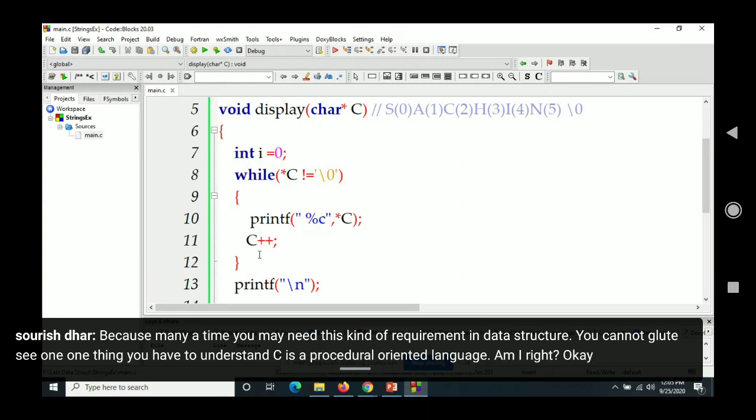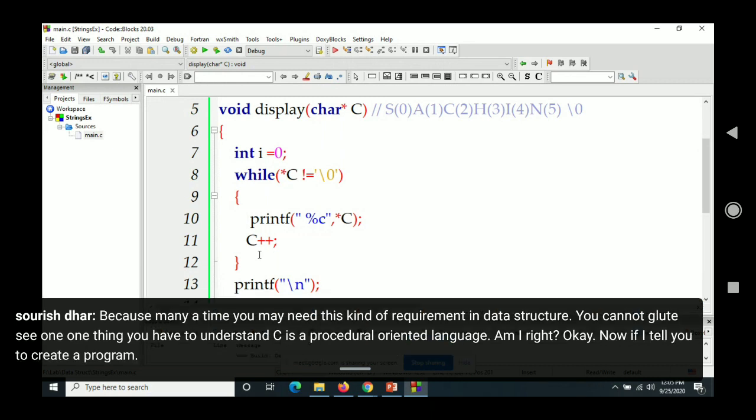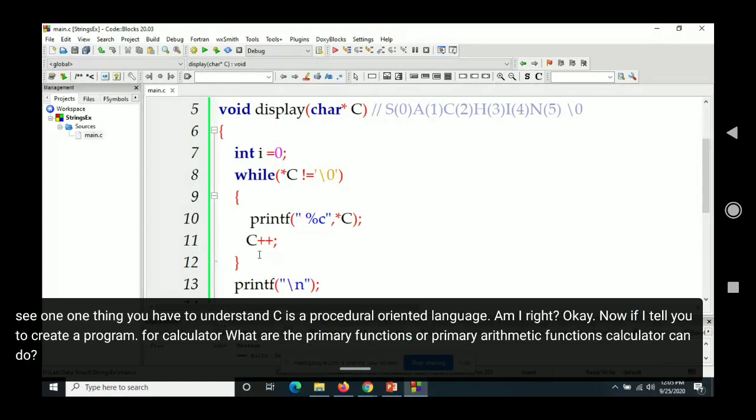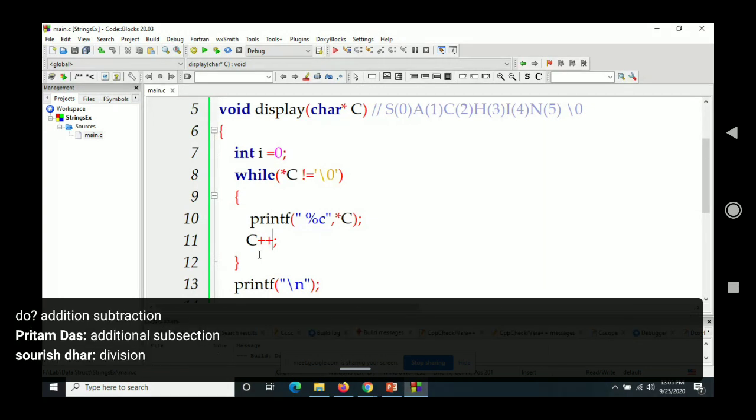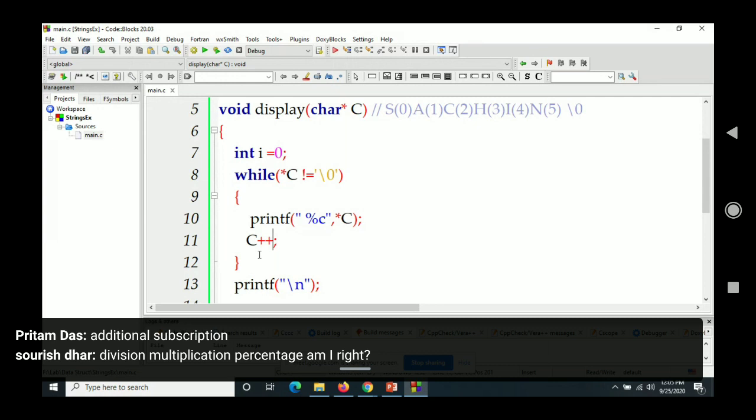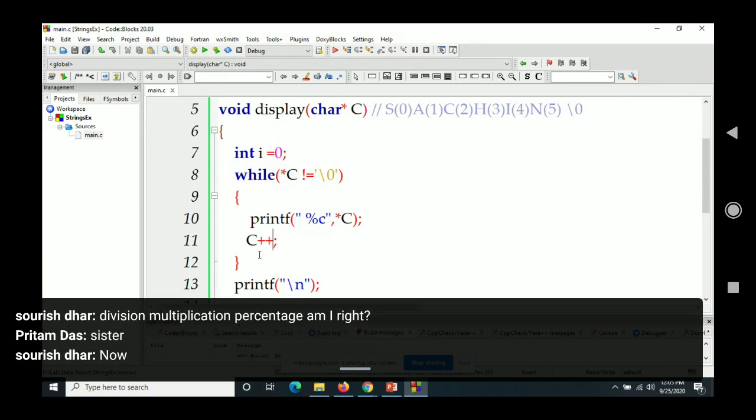Okay. Now, if I tell you to create a program for calculator, what are the primary arithmetic functions a calculator can do? Addition, subtraction, division, multiplication, percentage. Am I right? Yes, sir. Now, what is a better idea?